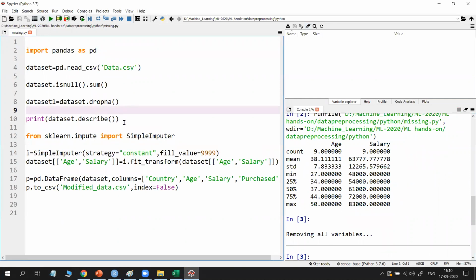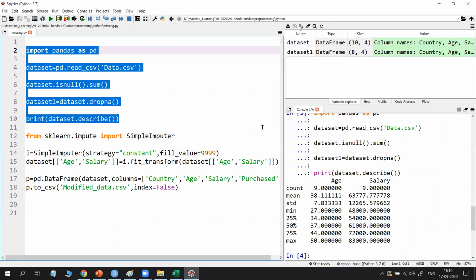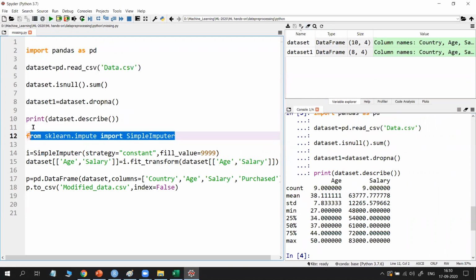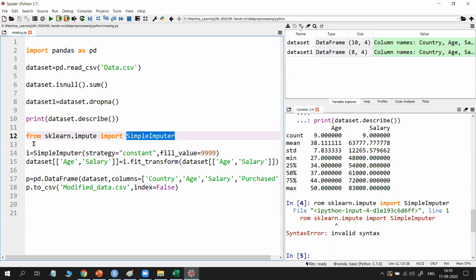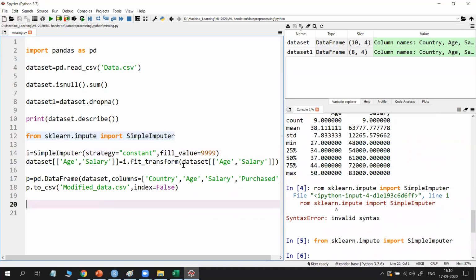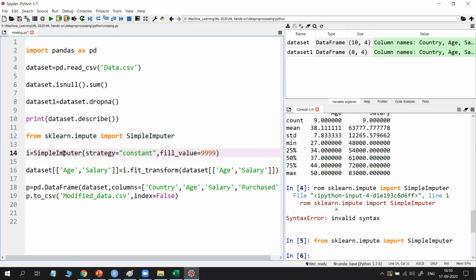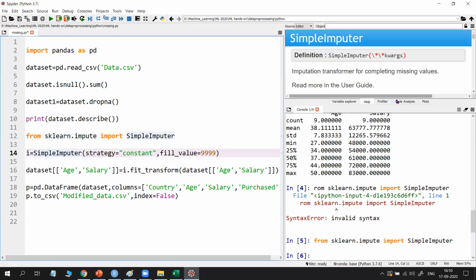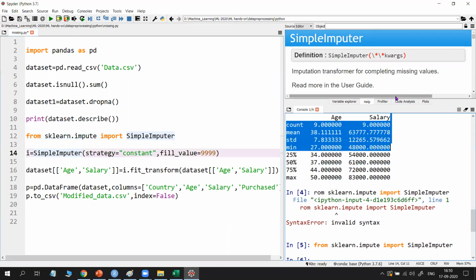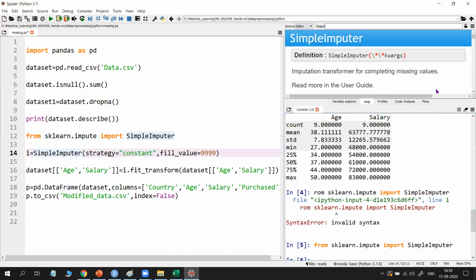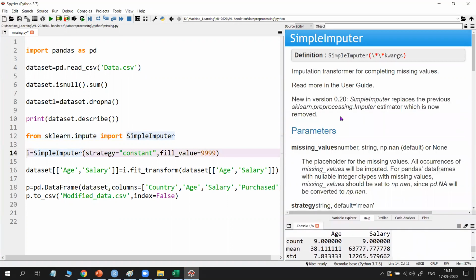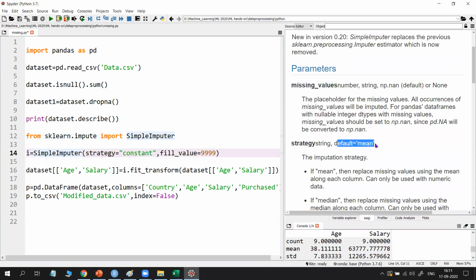So up to now we completed up to describe. So select and execute. Now see, load this package with F9. Select completely. And next, as I showed you now, see, Control I, which shows help for you. So here, what are the arguments we need to use, all the information is shown here. Okay, so just drag it and see here. See, SimpleImputer is the class name, and here default is equal to mean, the strategy. So that is the parameter I have given.